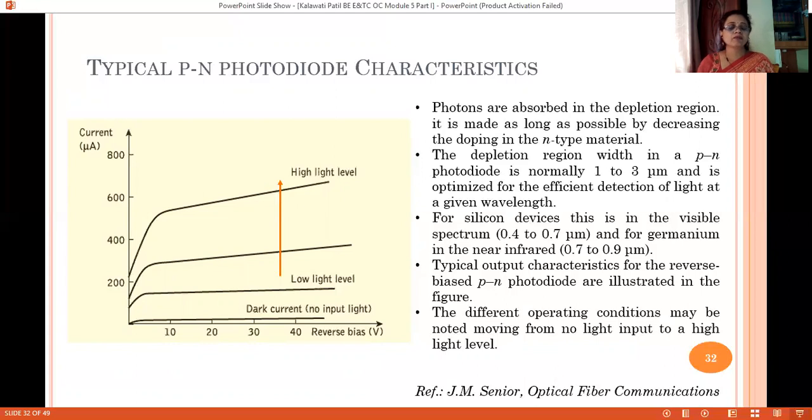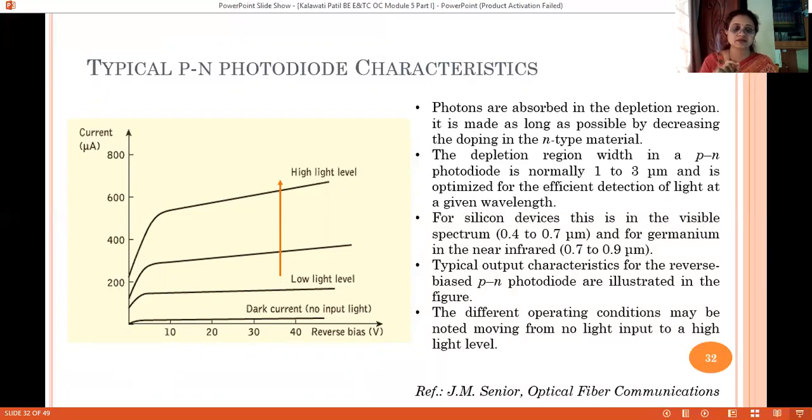So people thought of what can be done in this original PN diode at structural level, either by making use of different materials with different band gaps, so that the photocurrent generated across the device should be high. And this is how the evolution and the changes started taking place in the photodiode.